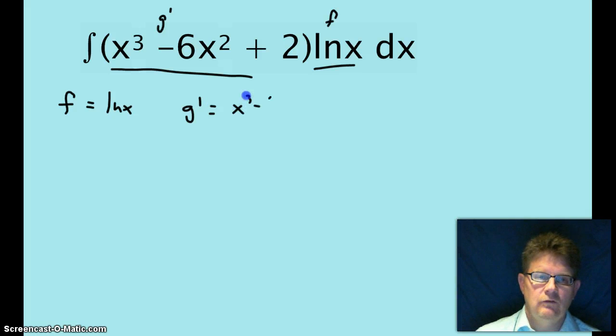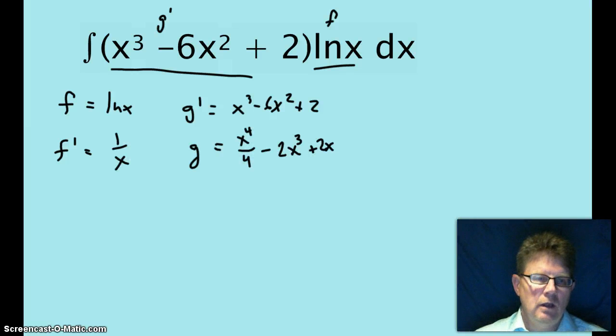x cubed minus 6x squared plus 2. Go ahead and find f prime and go ahead and find g. And then pause and then look at my answer. Alright, my f prime is 1 over x and my g is x to the 4th over 4 minus 2x cubed plus 2x. So again, the resubstituted would be f times g